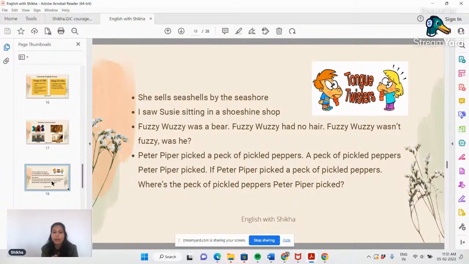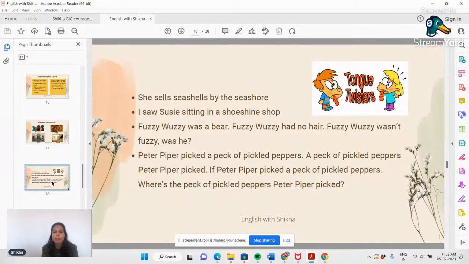Yes. Peter Piper picked a peck of pickled peppers. Peter Piper, not Piper. Picked a peck. So when it is name, the pronunciation can change. We do not use the grammatical rules, but for the words we have to use the grammatical rules. Like PE sounds as pay, not P. Okay, the E sounds as A, not E.